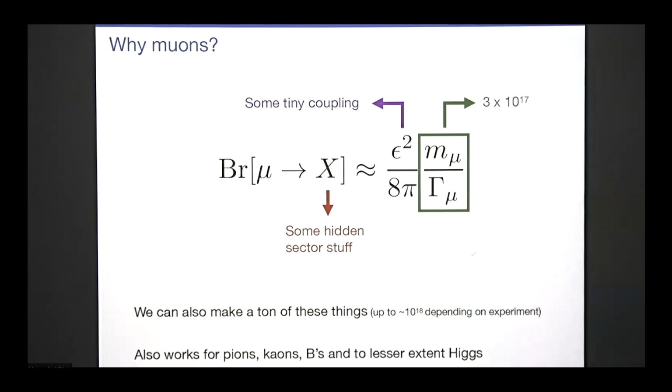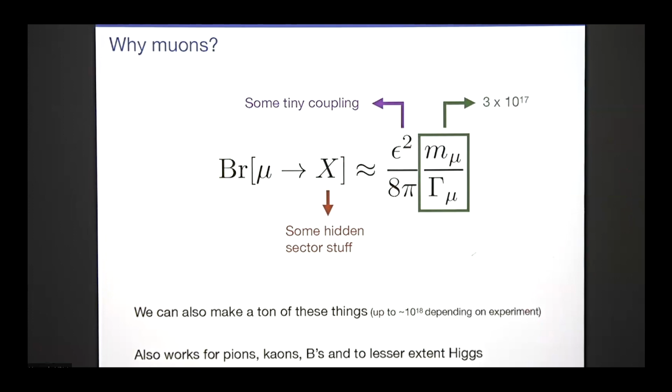So why do we care about muons? Again, there are many reasons, as we discussed already this week. My answer for today is the following. If I have some dark sector particles which happen to be lighter than the muon, and I want to know roughly what the branching ratio of the muon into these is, it's proportional to some tiny coupling, as we've seen earlier. But importantly, it scales with this absolutely massive number, which is why it's always very useful to look at exotic branching ratios of particles that are really narrow.